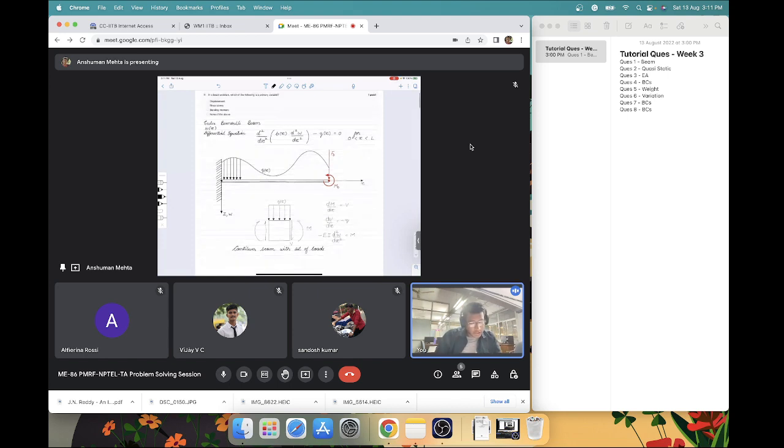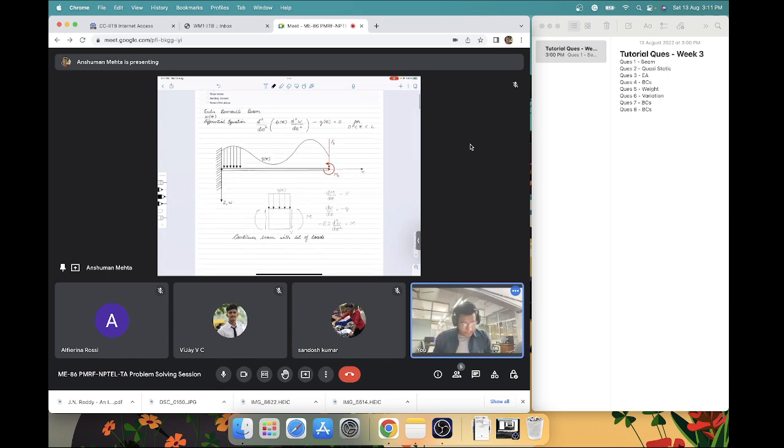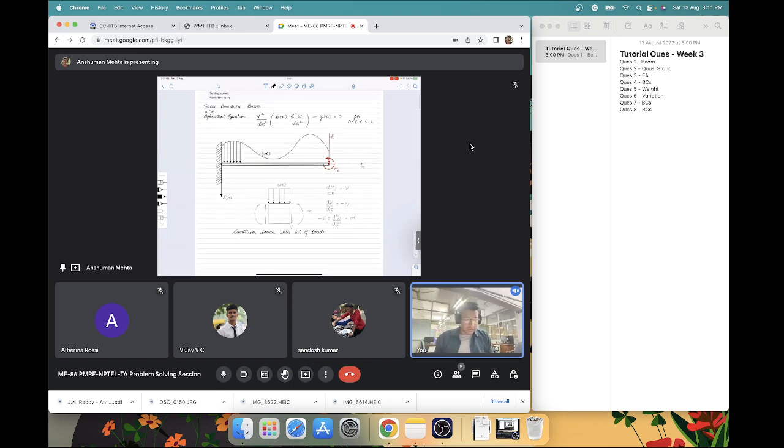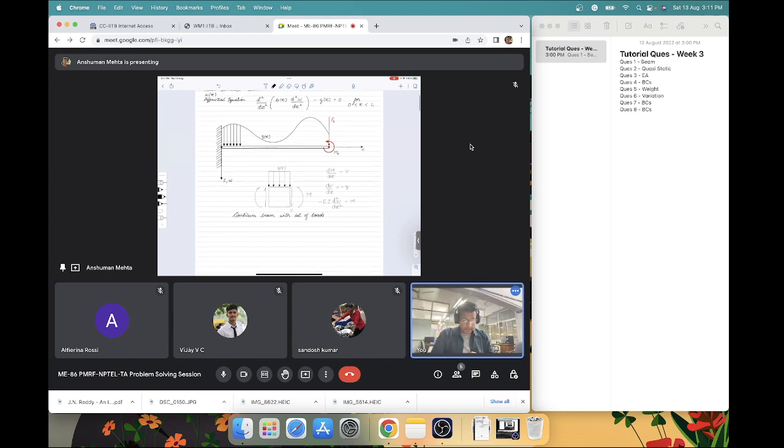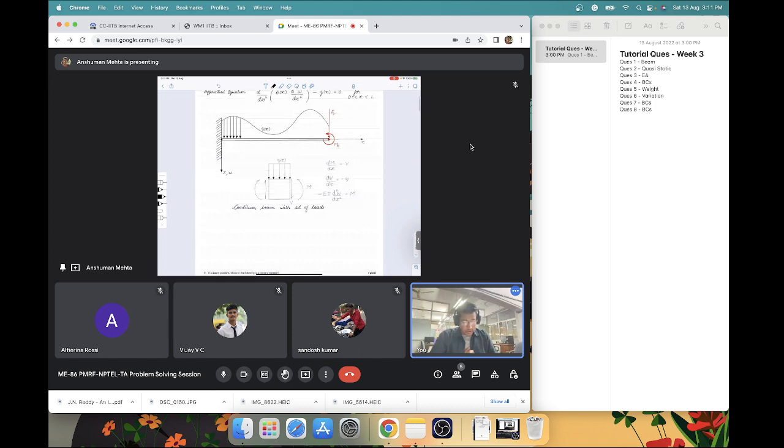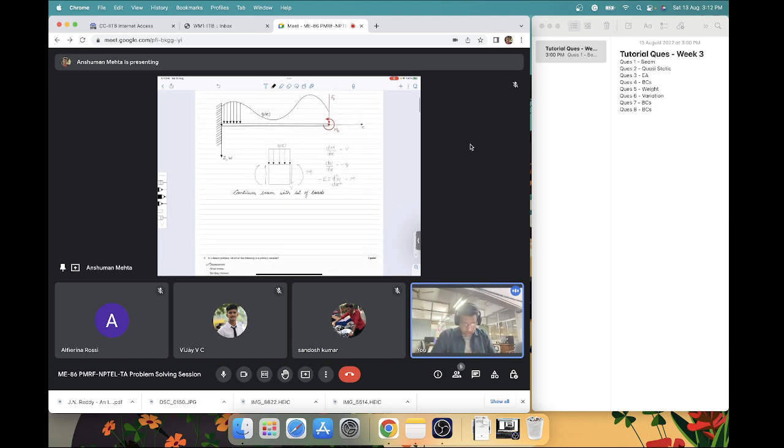The question asked which of the following is the primary variable. As you can see, this equation is fourth order, with a fourth order derivative. First we have to convert it into some other form, so we have to multiply it using some weight function, and then